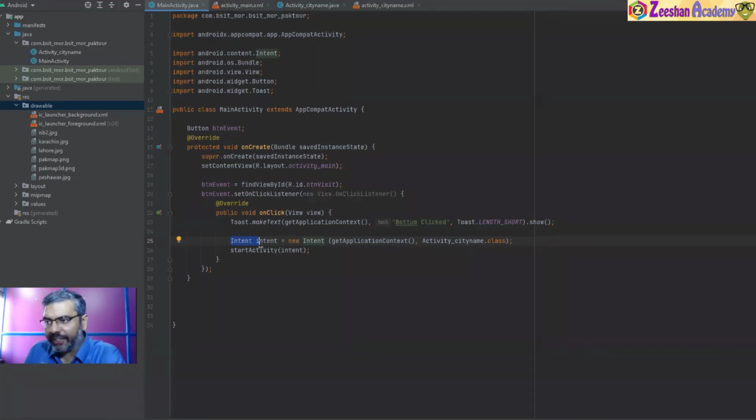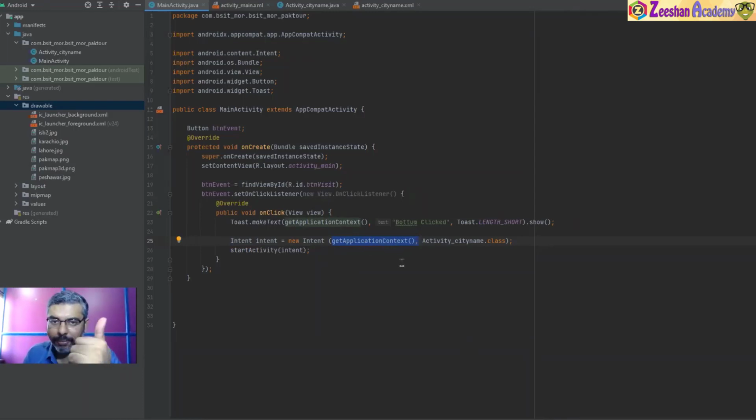करते हैं, बट इंटेंट्स टॉक विद अदर इवेंट्स। इंटेंट एक ऐसी चीज है जो इवेंट्स और एक्टिविटीज के साथ बात करता है कि आपको क्या एक्टिविटी करनी है, कैसे परफॉर्म करना है। तो हमने कहा कि न्यू इंटेंट बनाओ, गेट एप्लीकेशन कॉन्टेक्स्ट, क्योंकि हम ऑलरेडी एक इनर क्लास के अंदर काम कर रहे हैं, तो इसीलिए डायरेक्ट दिस नहीं लिखते। जहां पहले हमने टोस्ट बनाया था वहीं पे इसको लिखा है।